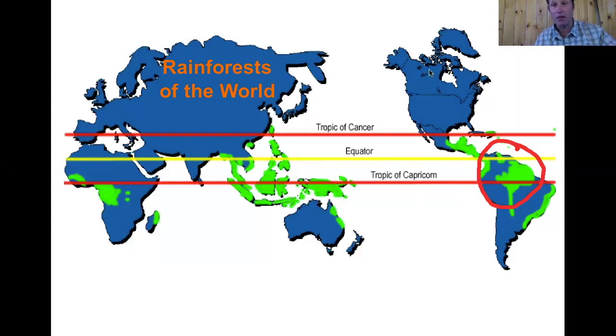If we could pick it up and place it on the United States, it would cover about 90% of the United States. So if you were going to walk across the Amazon rainforest, it would be like walking from Illinois, where you live, all the way to California. It's a really, really long ways. And Amy and I did that. We spent 6 months traveling in our canoes all the way across South America, right through the middle of the Amazon rainforest. And a lot of the stories and the pictures and the things we're going to talk to you about today are from that expedition.